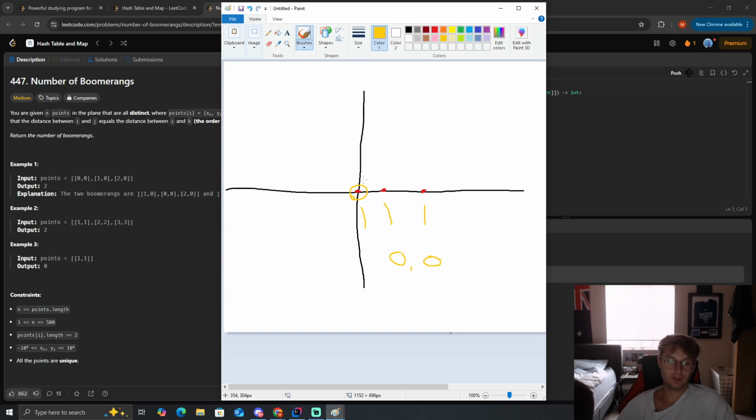We have to check the distance is the same between this one and this one. And in this case it isn't, because the distance of that is 1, right? And the distance of this one is, well, that formula they talk about over here is,